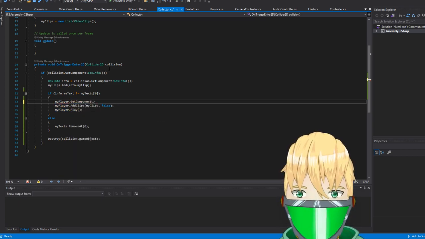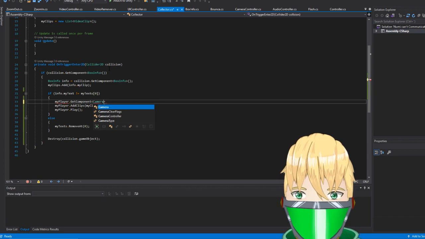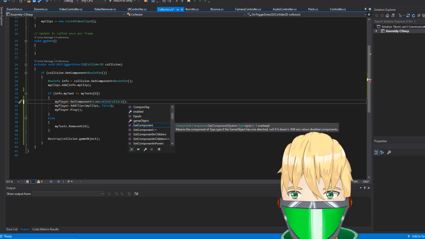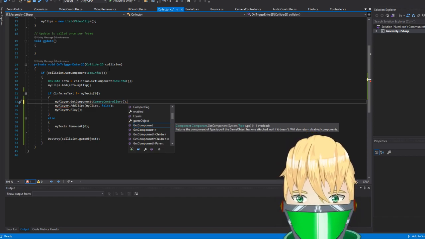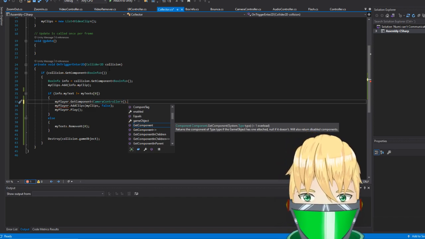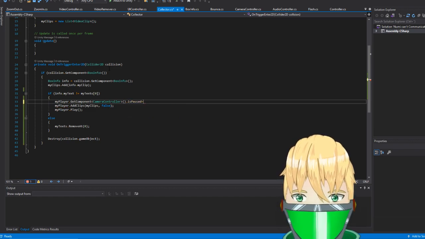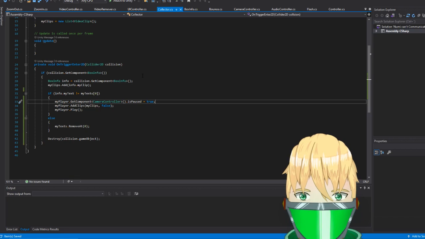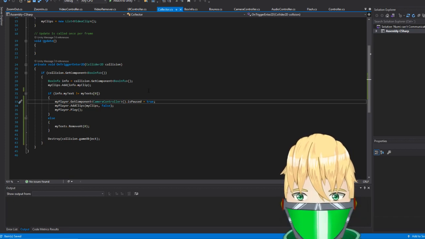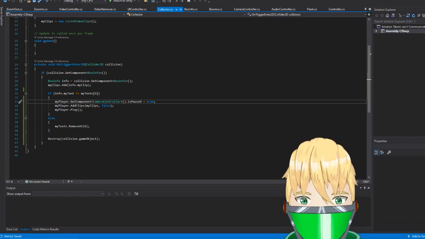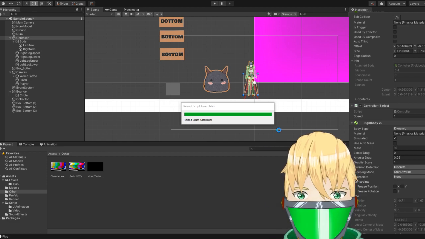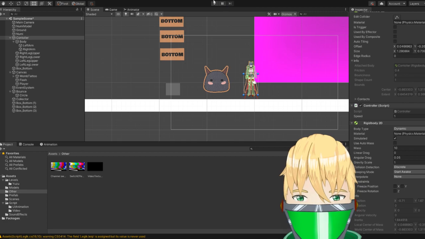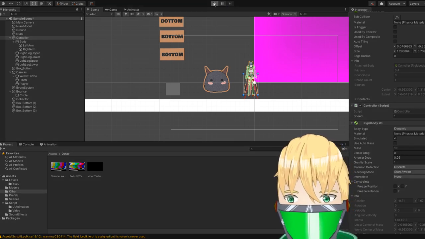So we can get component camera controller from here, which is so stupid because if I put them on other stuff, it won't work. Is paused equals true. Great. So that should pause it. And then I also kind of want to add a grayscale to it in the background.